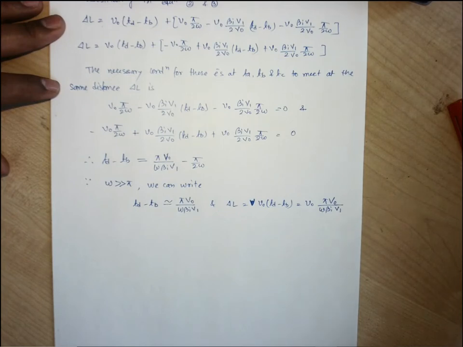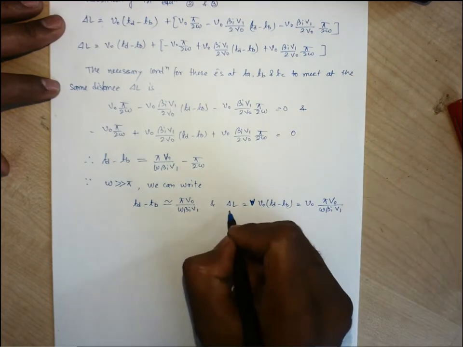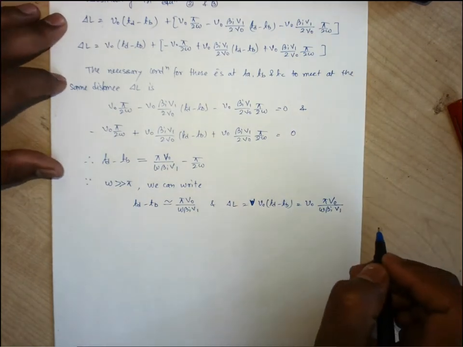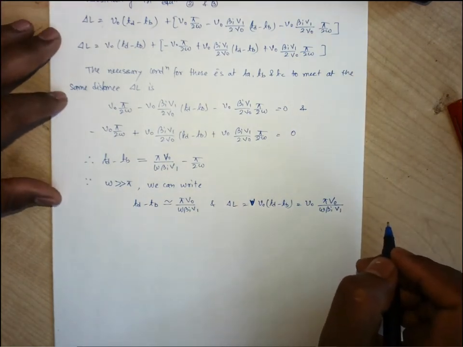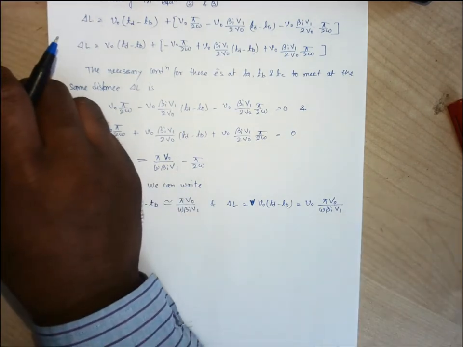So if the three electrons are having different velocities, but they need to reach the same location at the same time, then obviously del L should be some optimized distance where all of them meet at the same location to form the bunch. So what is del L? This del L is the optimized value where they will reach to form the bunch.